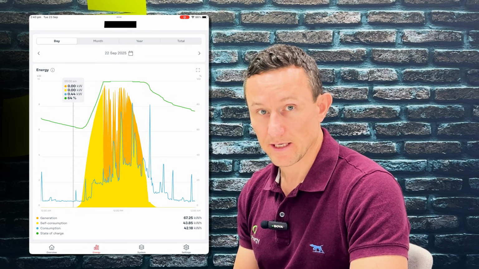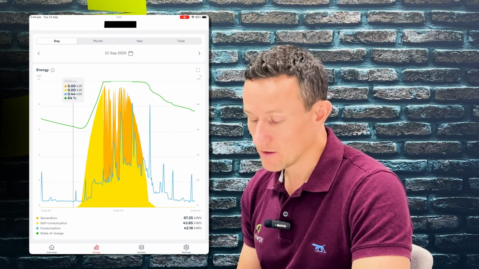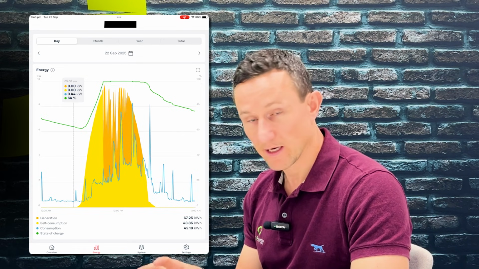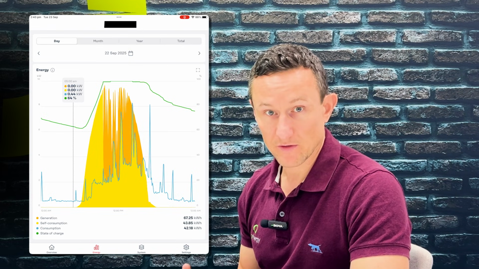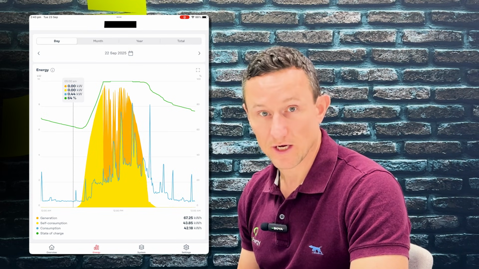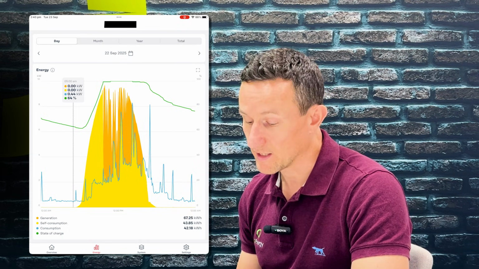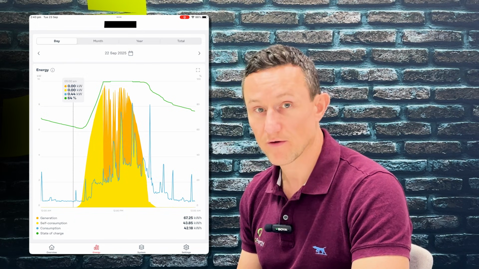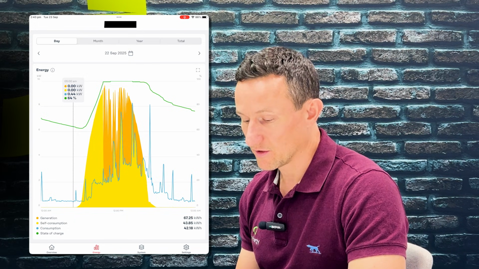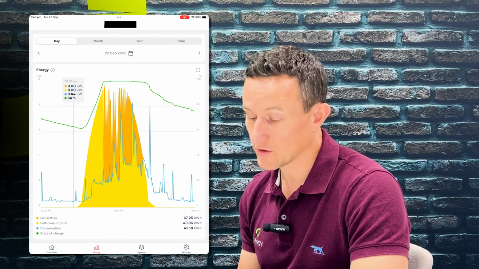This can be pretty handy if, let's say, you get a power bill that's really high for some reason and you don't know why. You can have a look at here and see where that energy is being used. And it might be that your timer on your pool pump has failed and it's running all through the night. And then you would be able to see your blue line obviously on throughout the evening, throughout the night. It could be that somebody's using power somewhere in the house that you're unaware of. It could be a bunch of things. It's just a good investigative way of looking into how you're using energy if you want to historically, and also